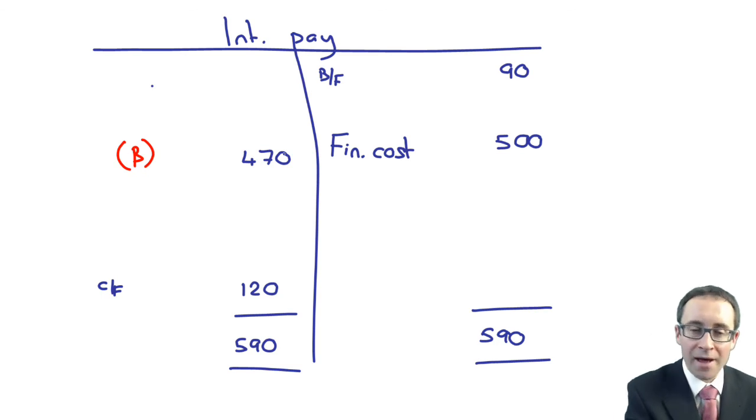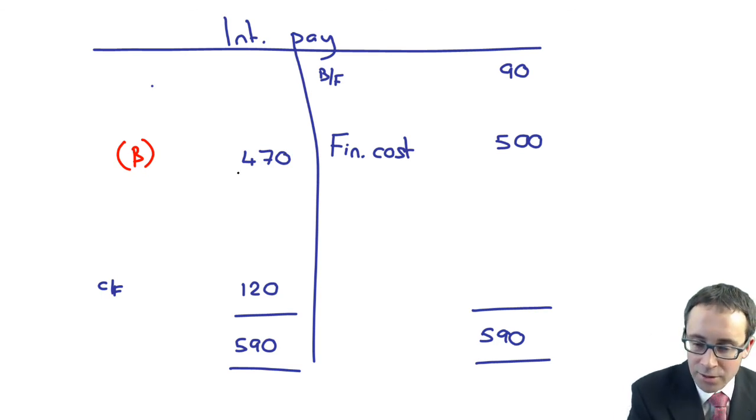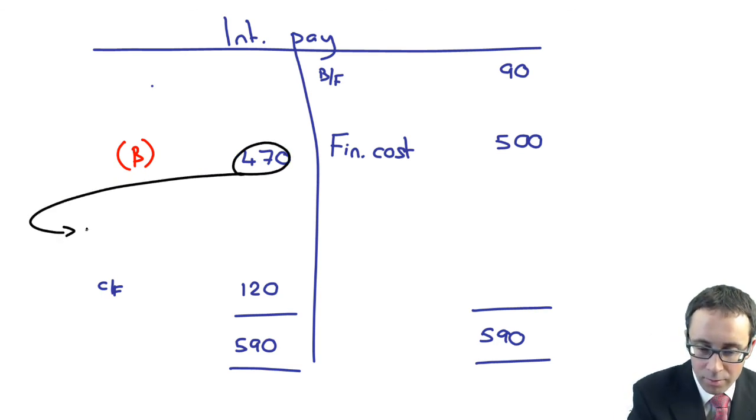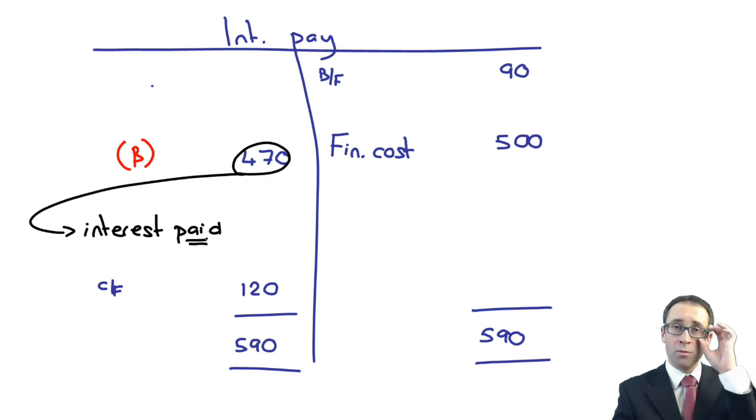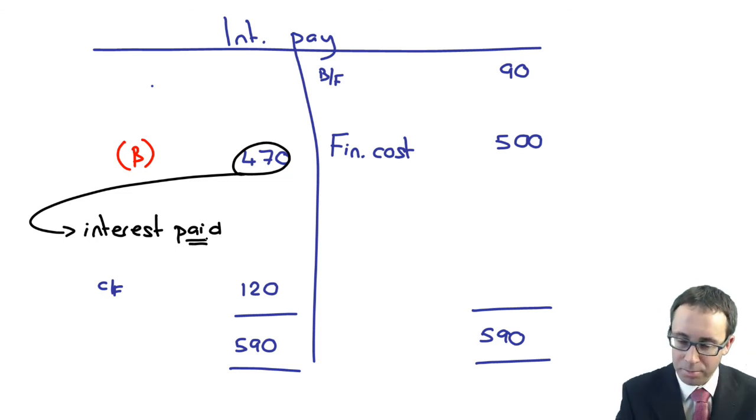Okay, and that figure there, what does that relate to? That is your interest paid. Remember, it's a paid figure, it's an outflow, so it would have to go in your brackets, wouldn't it? Okay, or you could just do 90 plus 500 less 120, opening plus expense less carry forward gives you 470. But there we go. The other figure that you've got to go through and calculate there